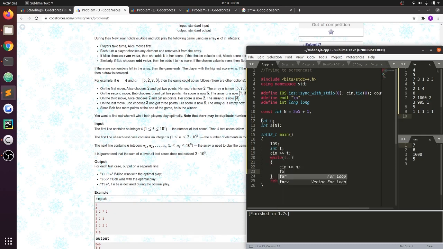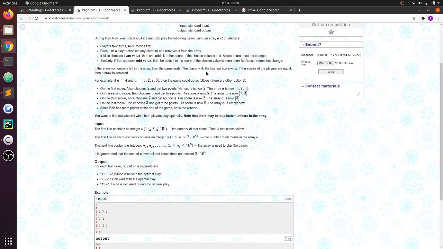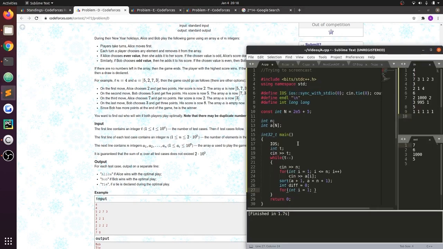So let me see. The player with the high score wins, right? Okay, so let's simply sort the array, and I have this difference. What if it is a tie? Then a draw is declared. Okay, fine. So I start from the largest value